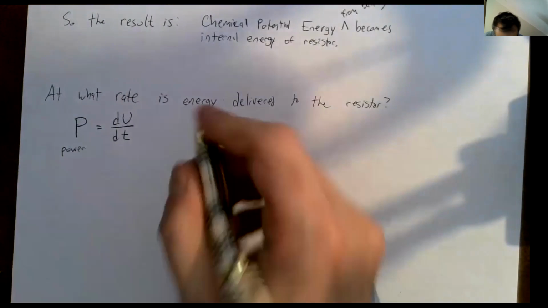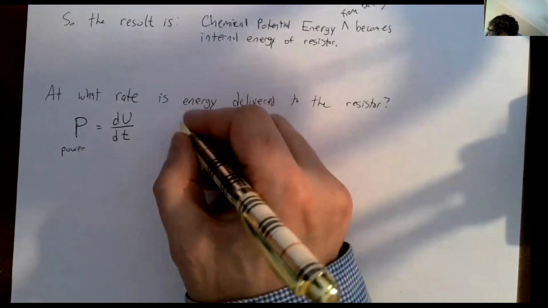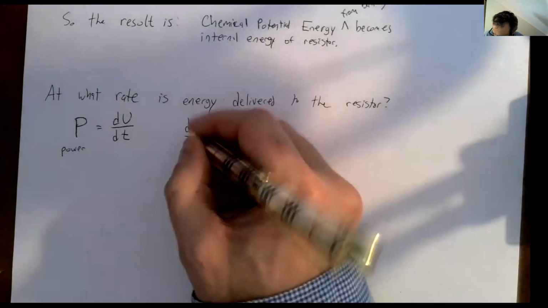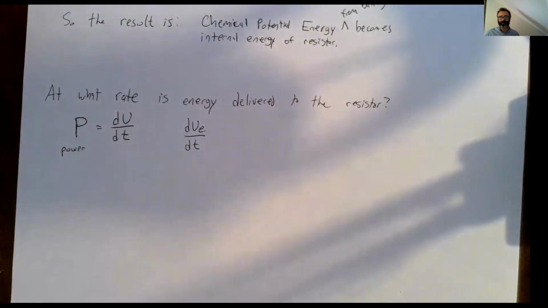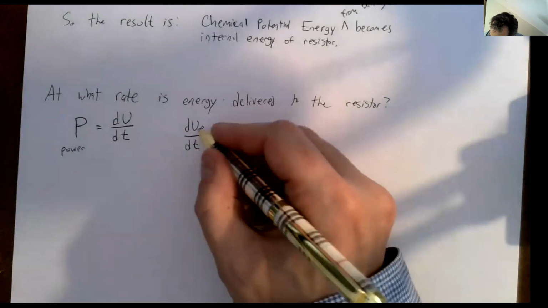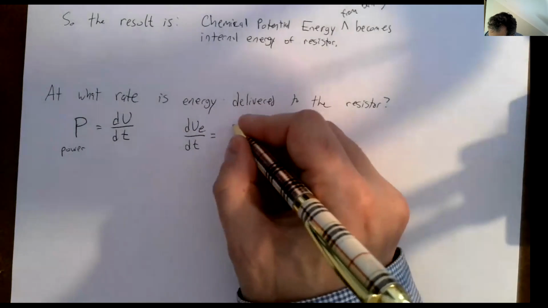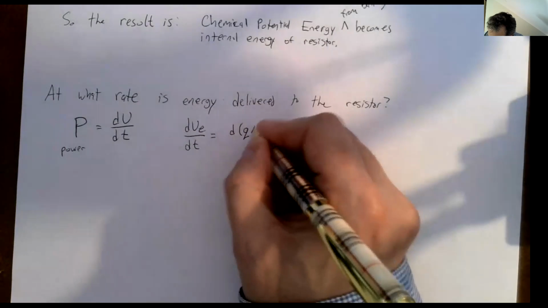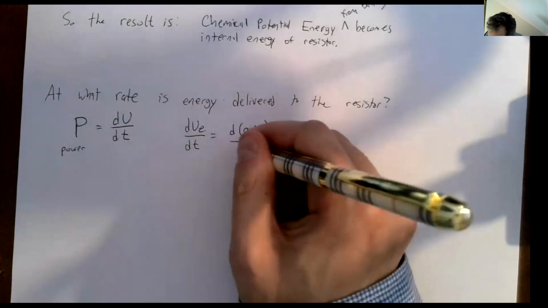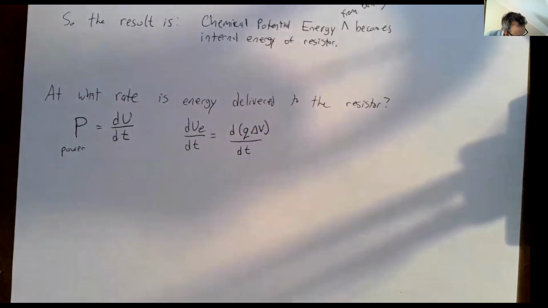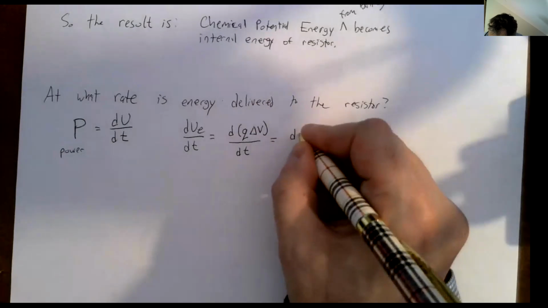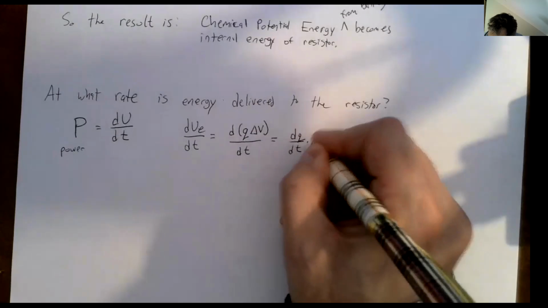All right, so let's see. Well, we're changing electrical energy here. So what's the rate at which electrical energy gets delivered to the resistor, which means what's the rate that electrical energy is changed into some other kind of energy in the resistor? Well, we can see what that's going to be because we have a definition of electrical potential energy, which is just the charge times our potential, right? So if I rewrite that a little bit as dq/dt times delta V,